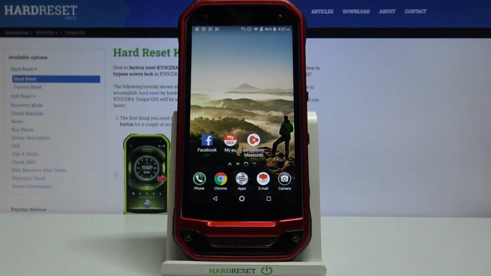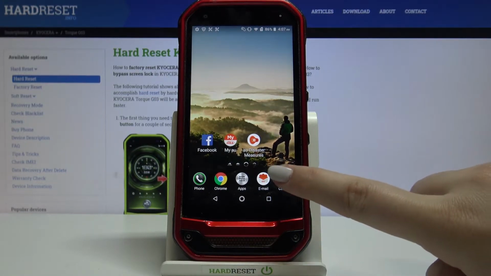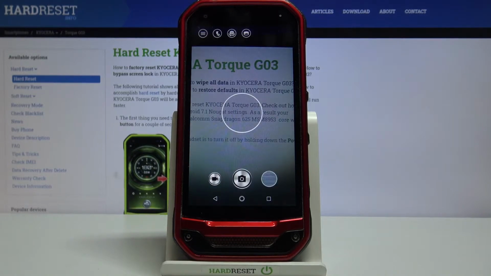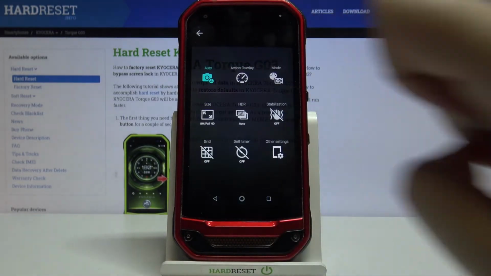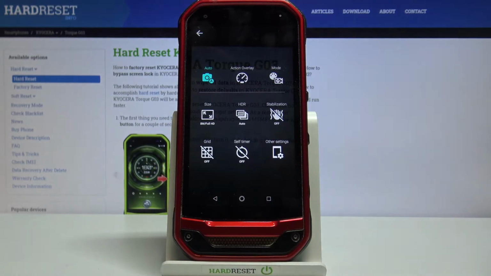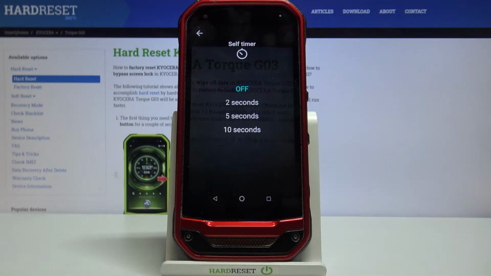Hi everyone, here we've got KYOCERA Torque G03 and let me show you how to set camera timer on this device. So first of all, let's enter the camera app and now let's tap on this 3 bars icon. As you can see here, we've got the self timer option, so let's tap on it,